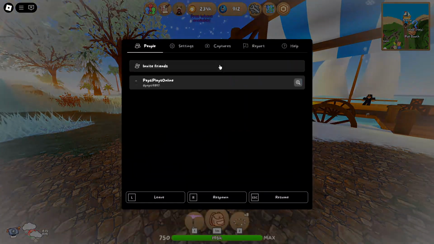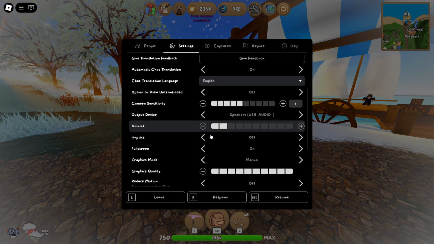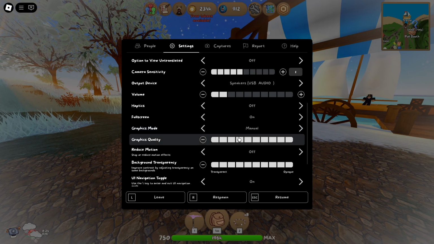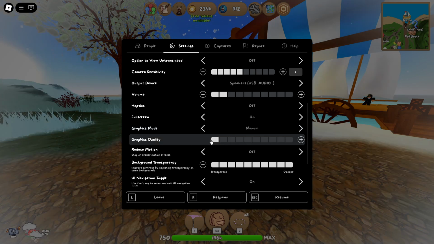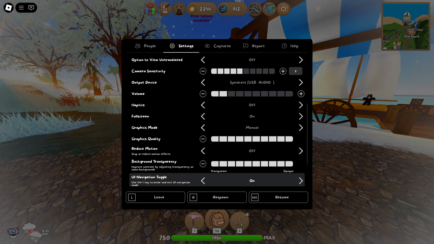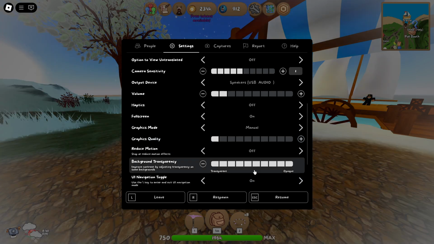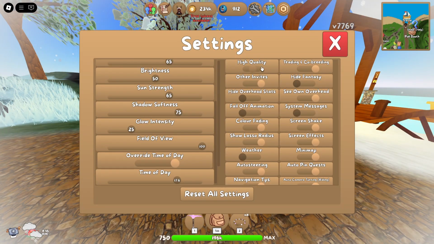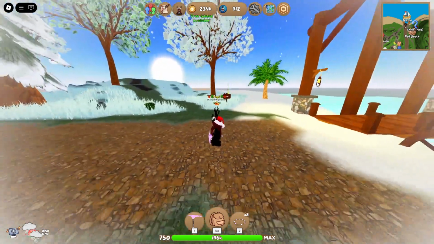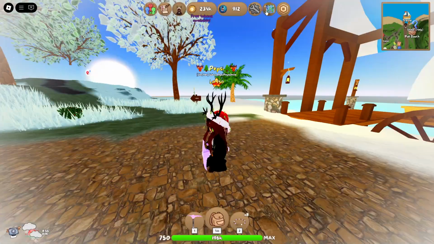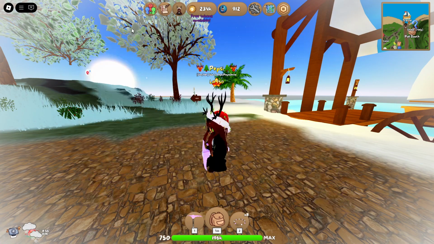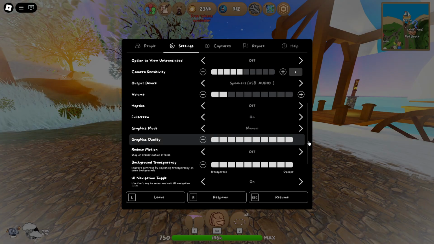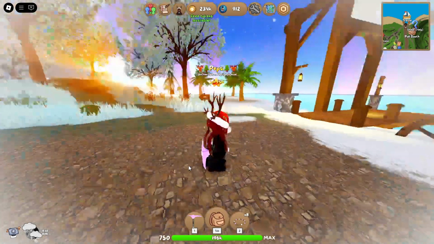In my Roblox menu game, if I go in settings, I have my graphics mode set to manual, and I turned my graphics quality from 1 all the way up to 10, and you can see the huge difference. So this is at 1, and if I change high quality off, it's even lower. So this is low quality and low graphics. If I change high quality on and turn my graphics back up to 10, you can see there's a huge